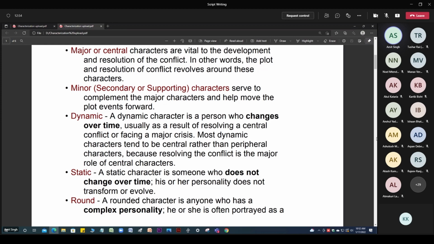So this is going to be my suggestion for you in this week or before the exam. If you're watching some movie, you can refer to those movies. It would be easy for you to convey your message during the viva. If you say, okay, I have watched this movie and this character is dynamic and these characters were static. So those two things: major, minor, then dynamic and static.